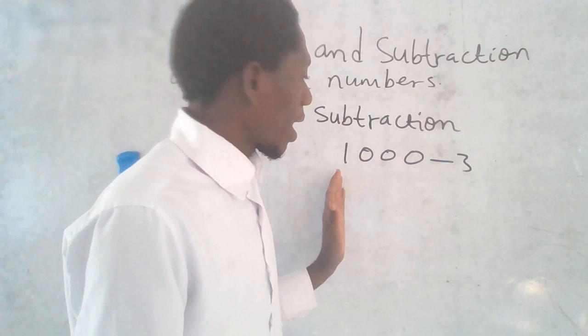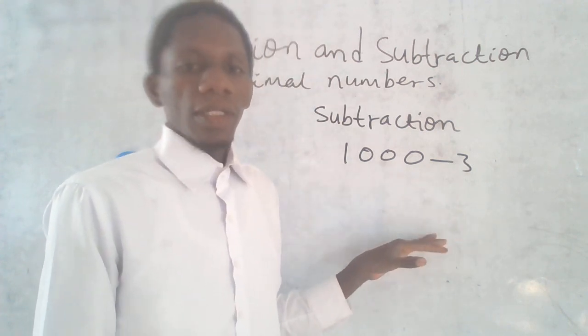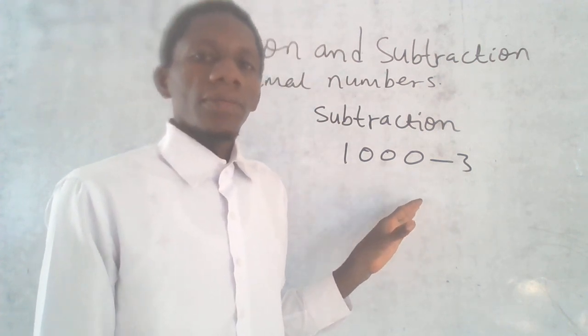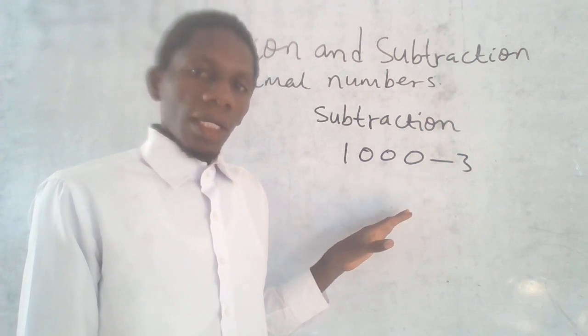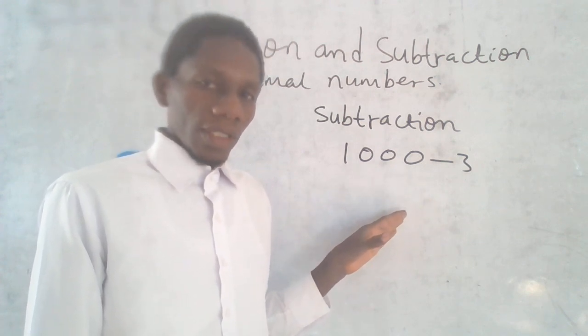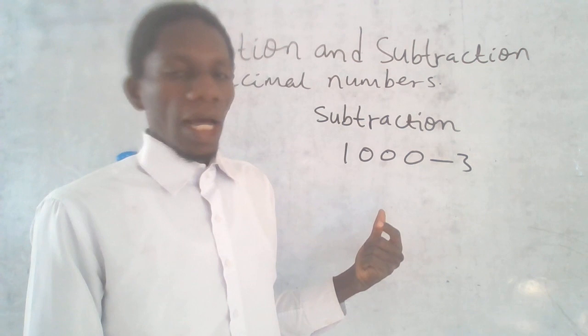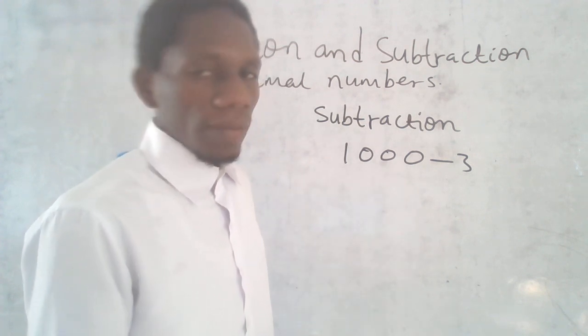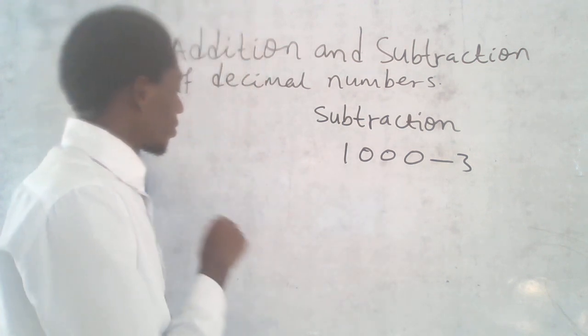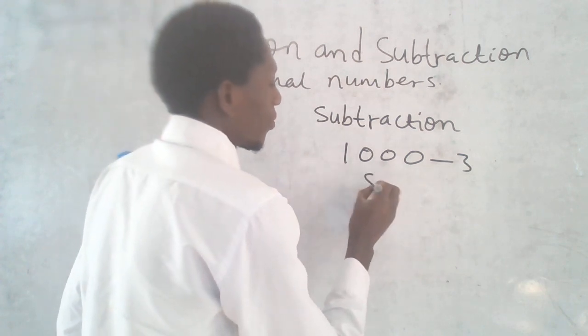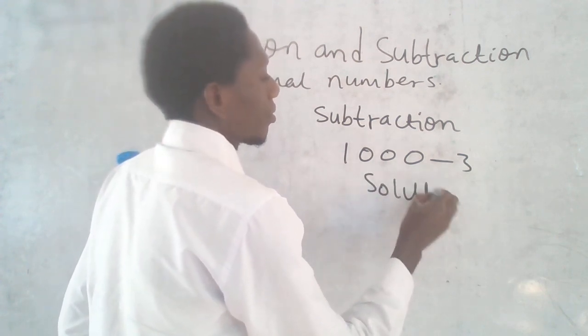So you have to know how to solve it without an electronic device in case you don't have it or you run out of battery. Okay, so let's say you will write this is the solution